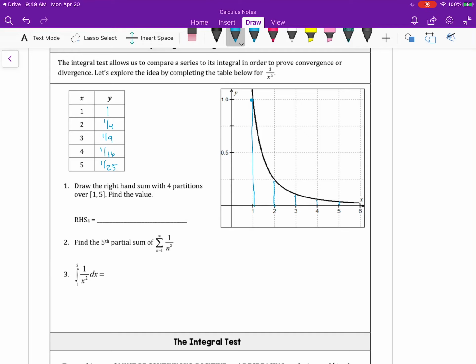So I know that you've got at 1, and I'm just going to draw here what my rectangles would look like. They want me to do an RRAM, so a right sum. So for this first rectangle, I'm going to go to the right and then go over, and I'm talking about this area. Go to the right, straight over, you're talking about this area. Go to the right, straight over, you're talking about that area. Go to the right, straight over, you're talking about that area. Okay, so